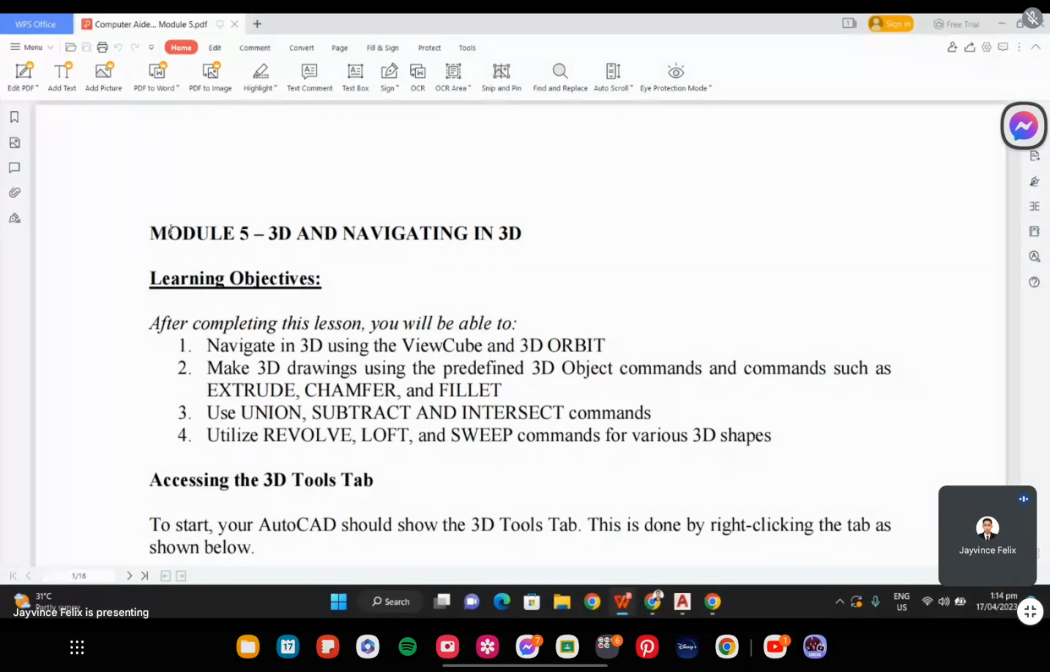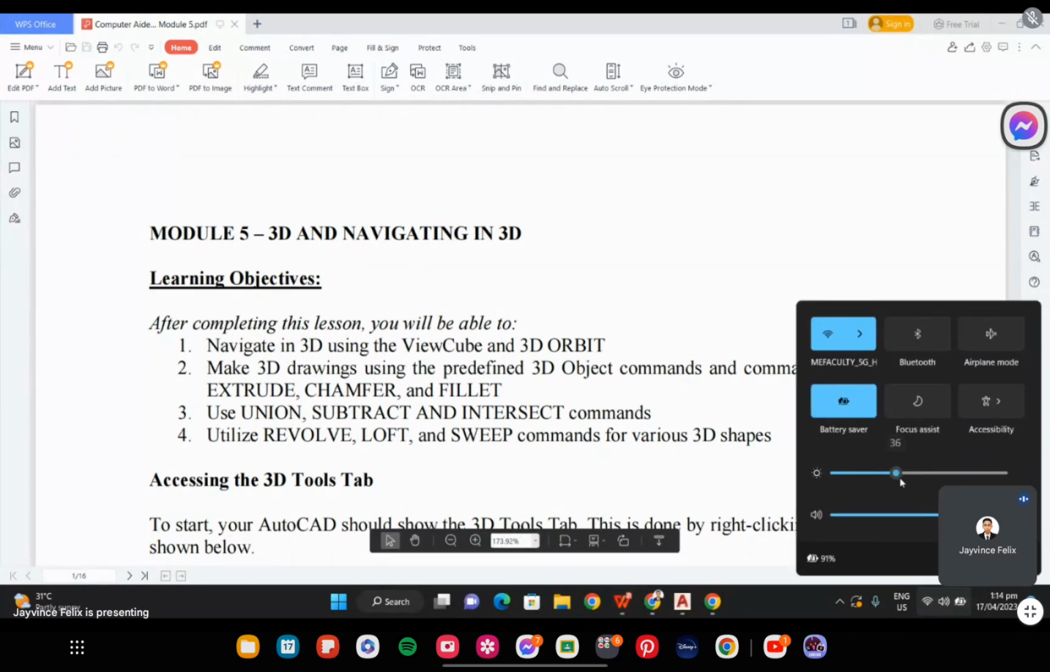For the semester, so Module 5. So three-dimensional and navigating in three-dimensional objects. After this module, we will be able to learn how to navigate in three-dimensional using the view cube and 3D orbit,